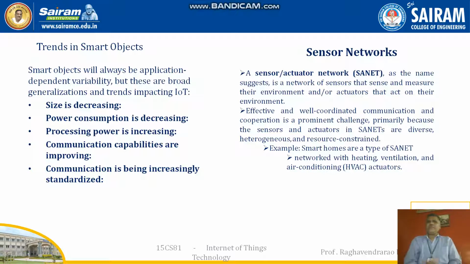The first point, a very, very important point impacting the IoT, is that size is decreasing, very, very thin, very, very small. Cameras are there nowadays, very small, powerful cameras that are very clear. DPIs are going to be more. And usually they will use these things for security purposes. Then next is power